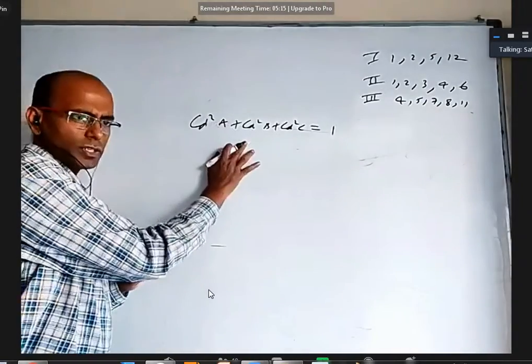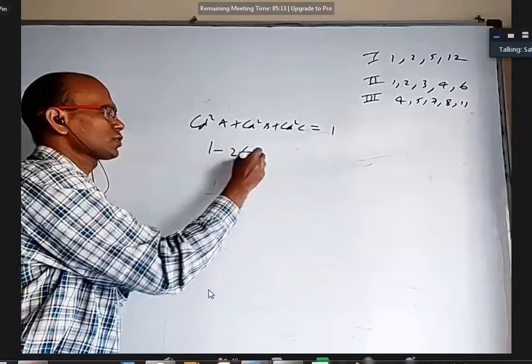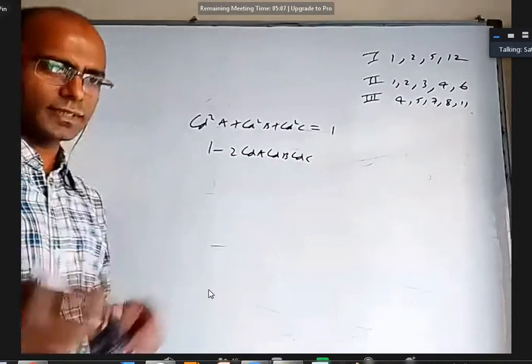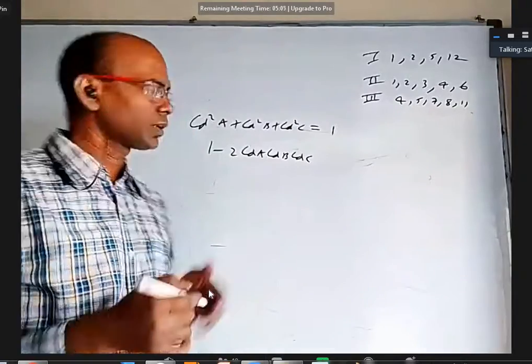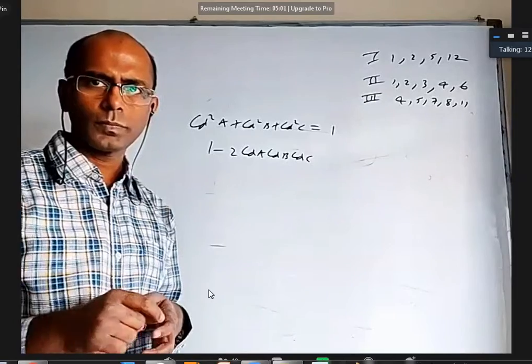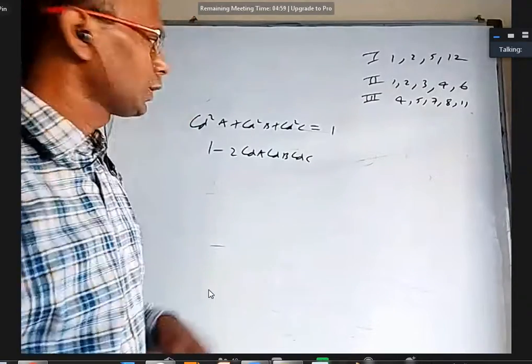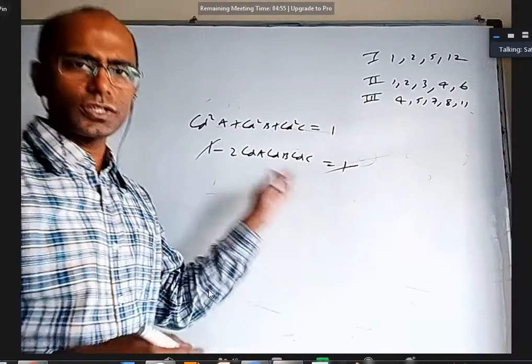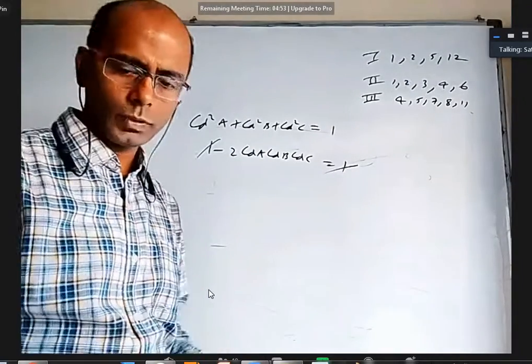On account of transformations, I think it is 1 minus 2 cos A cos B cos C, something like this. You remember there is one exercise where we do transformations and we'll be able to prove this equal to this, something like that, right? Yes, sir. Okay. Now equate it to 1 and cancel 1. You will get either this is 0, this is 0, this is 0.